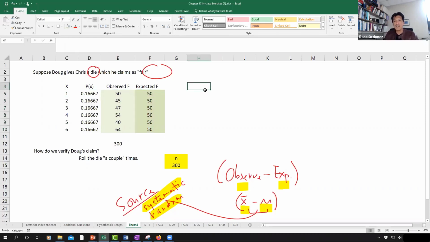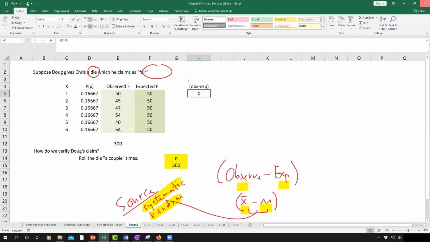Now let's look at the differences in the observed minus the expected frequencies. What's the difference there? Okay. 0. 0, and then,